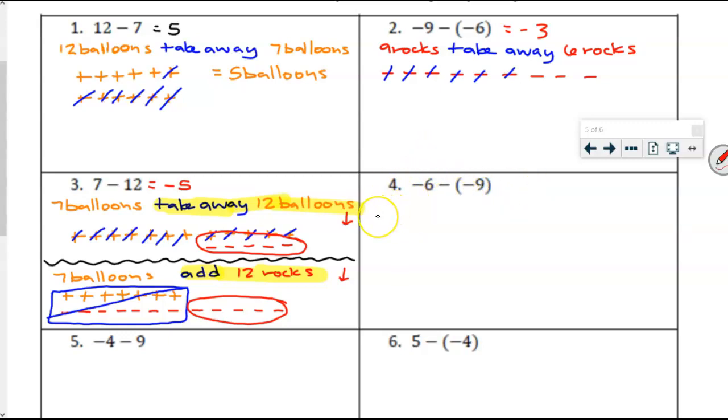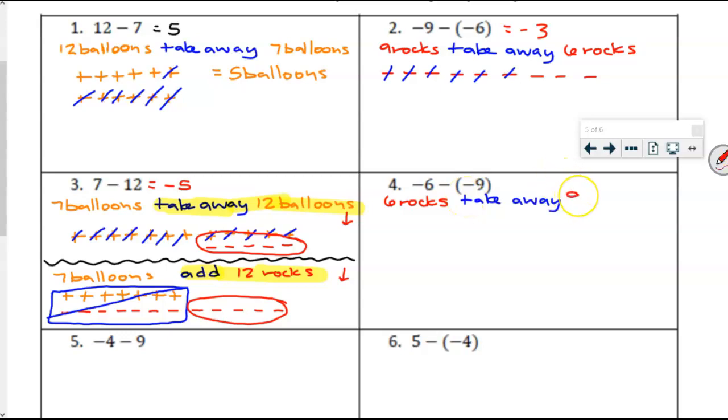I'm looking for some hands. Hands, please. Jaden. 6 rocks are in the basket. Keep going. We have to subtract 9 rocks. We are taking away